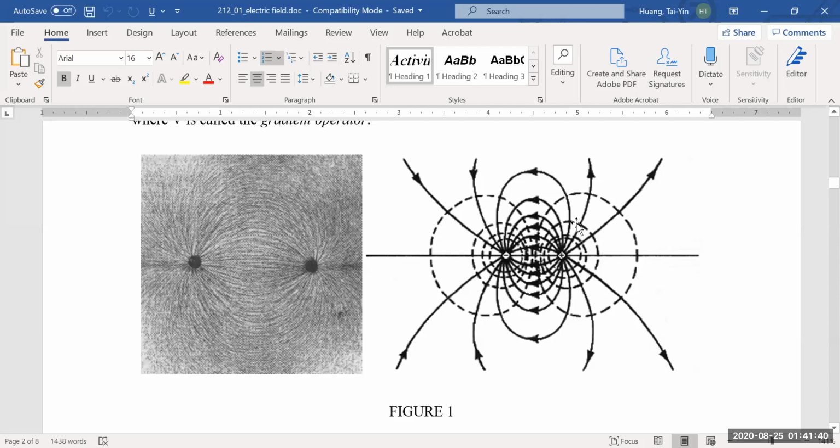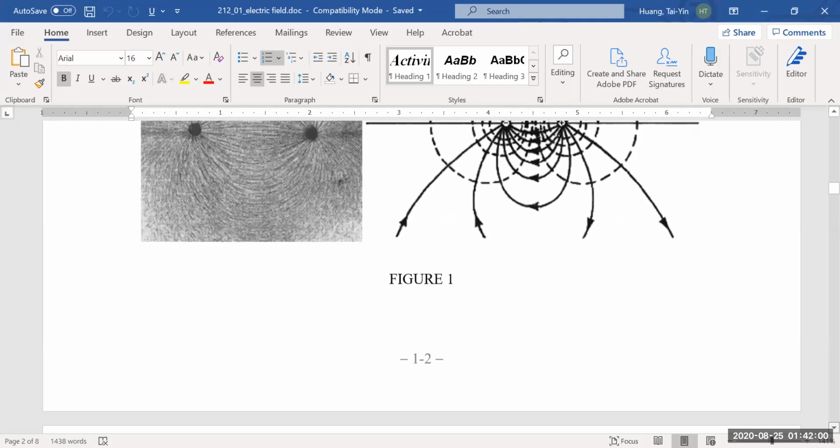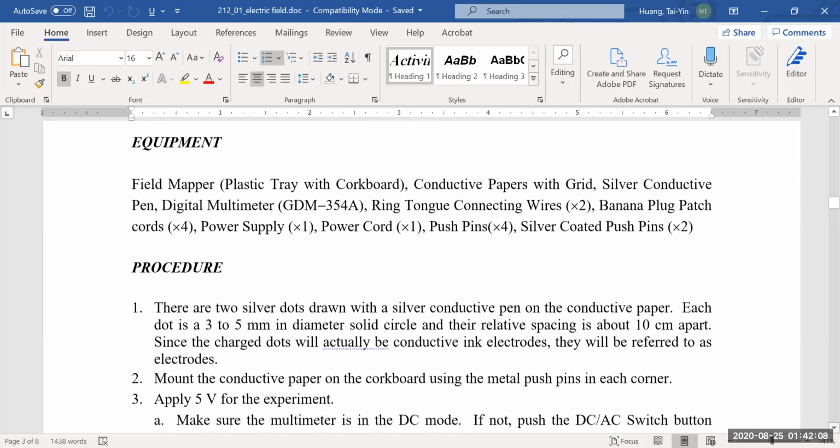So the dashed lines here indicate equipotential surfaces set up by the dipole. This one is going to set up equipotential surfaces like this, and this negative charge is going to produce equipotential surfaces like this. Okay. So the experiment for today, if we were to do this in the lab on campus,